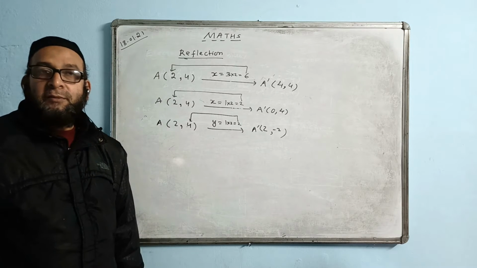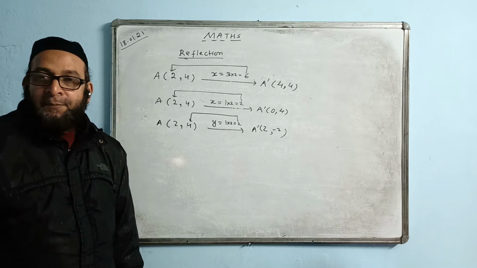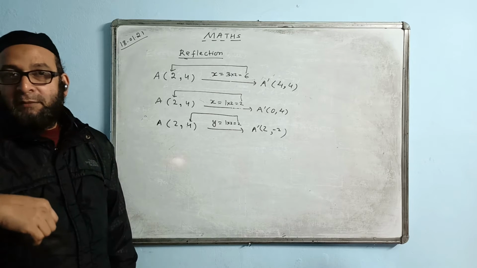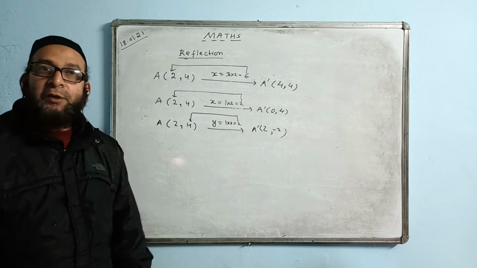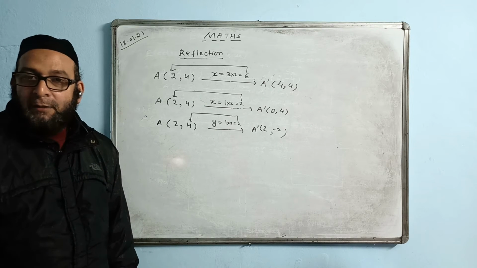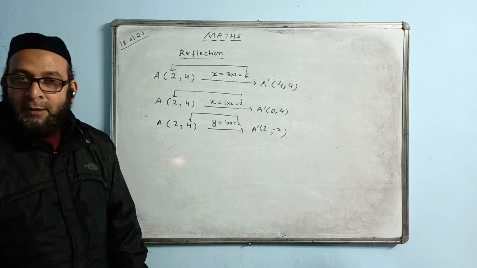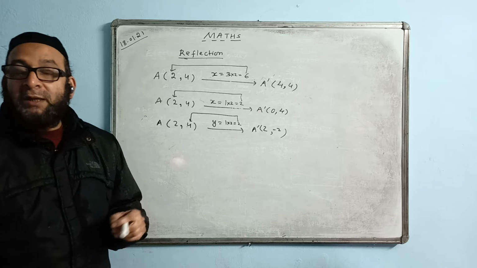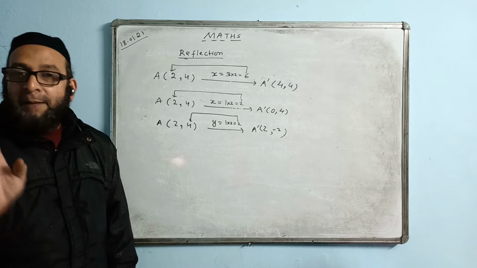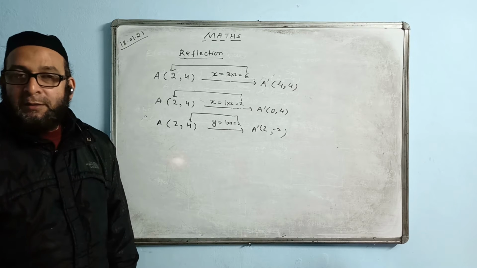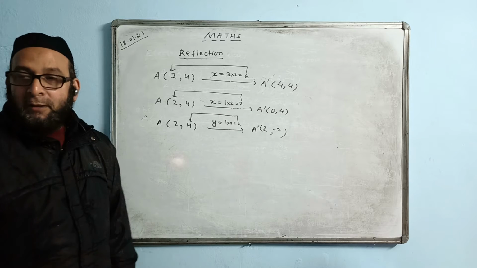Single transformation case, when does it arise? When you take two successive reflections. Suppose you are reflecting in the x-axis first and then reflecting in the origin. What are the two reflections you are taking? Mx and Mo. You are taking Mx into Mo. What is missing here? My is missing, no? Mx and Mo you are taking. What is missing? Your single transformation will be equal to My. Finished.